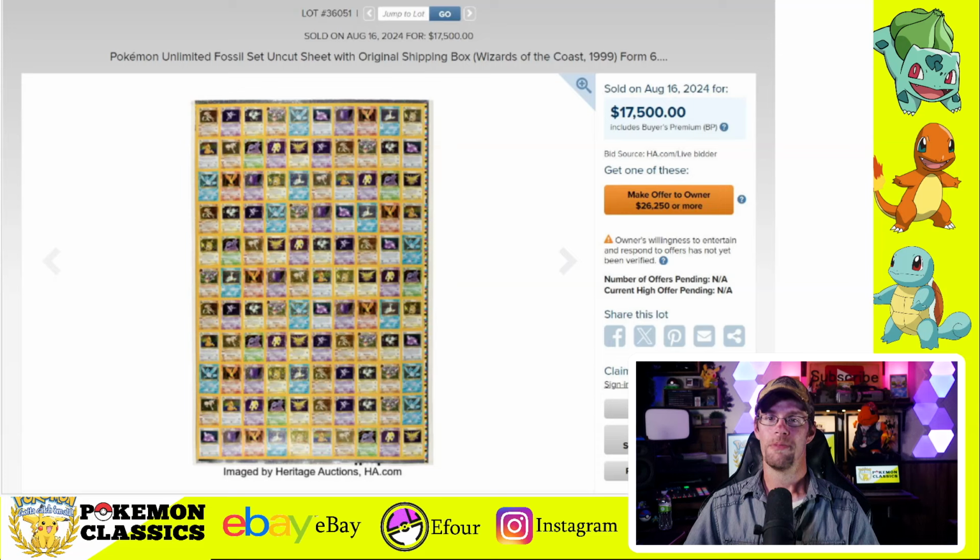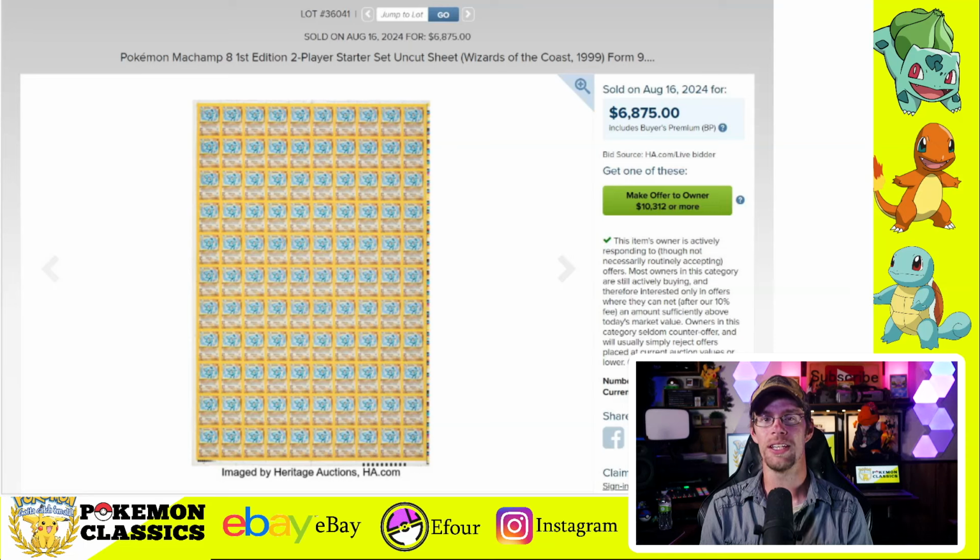All right, everybody, if you're not wearing your sunglasses yet, you might want to slip them on because these next few items have such a radiant glow to them that you're probably going to want to wear some eye protection. First up, we have an uncut sheet from Fossil set of all the different holographic cards, and this sheet sold for $17,500. If one sheet isn't enough, we also have this sheet that was completely comprised of Machamp cards from base set. This sheet went for